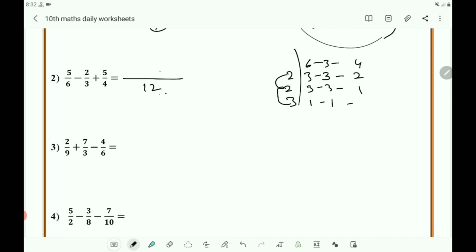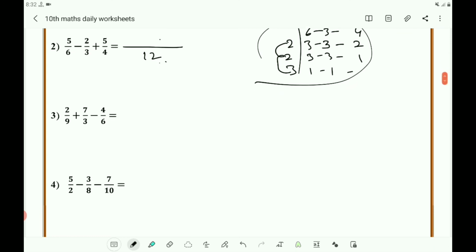Again you take the LCM of these 3 by using the same method. After getting the LCM, you have to find out by which number 2, 7 and 4 are to be multiplied, and then you multiply.